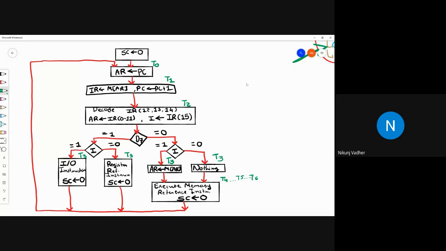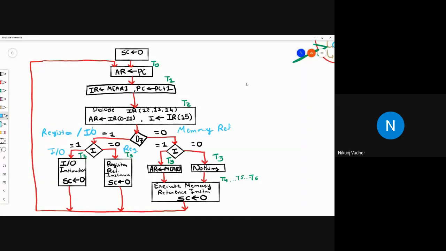Okay, so let me put some more labels. This is either, let's say, register or IO instruction. If it is 1, then it is IO. If it is 0, then it is register. If D7 is 0, then let's say memory reference instruction.